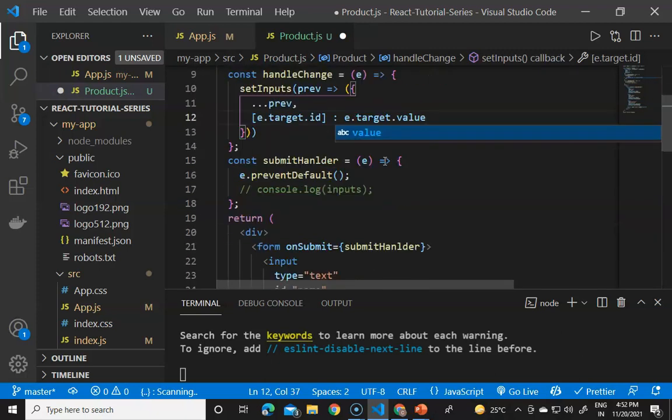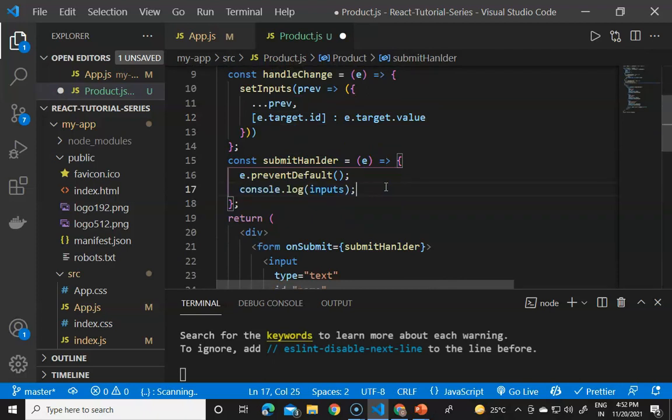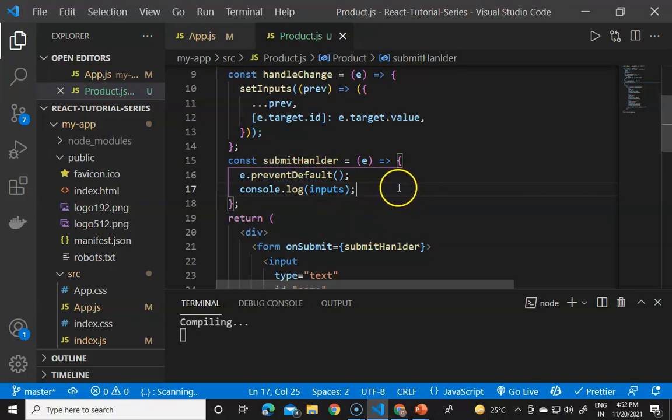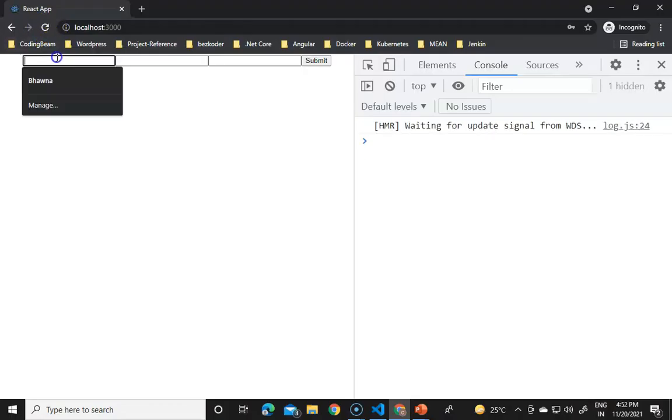So with that, if I will now save, and if I will now just console.log the inputs in the submit handler function after the preventing default. So if I will now save, if I will now refresh the page, and if I will now add here the value as the name or anything like the name, and this will contain as the email, like the email@email, and the password field will contain as this.